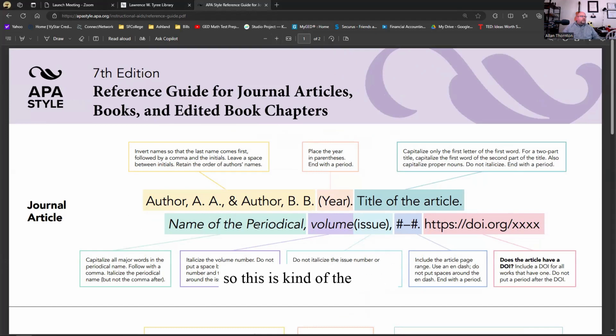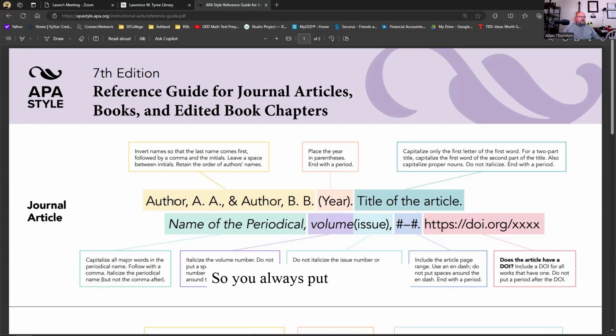If you get anything from a periodical, it's going to be a similar way that you do this. When you're typing it out, and I'm going to show you a shortcut if you're using Word to help with this, you invert the name so the last name comes first.